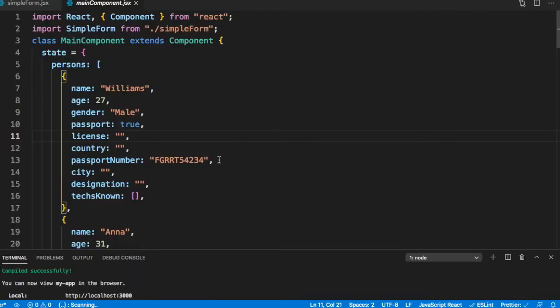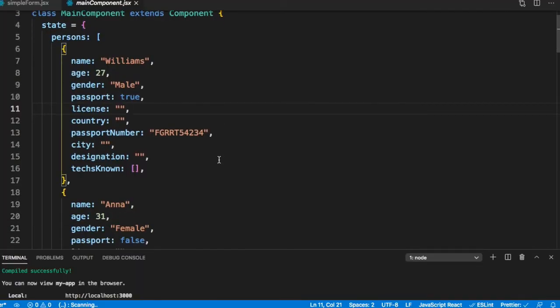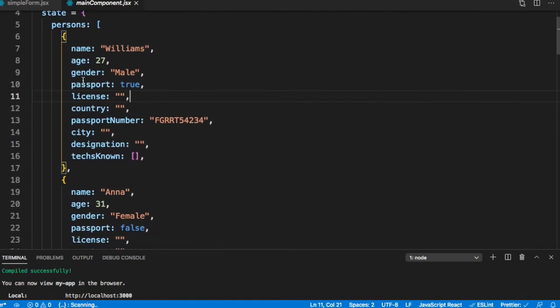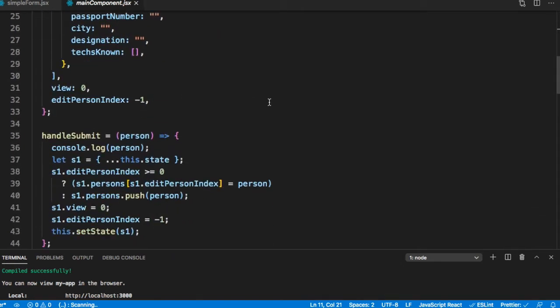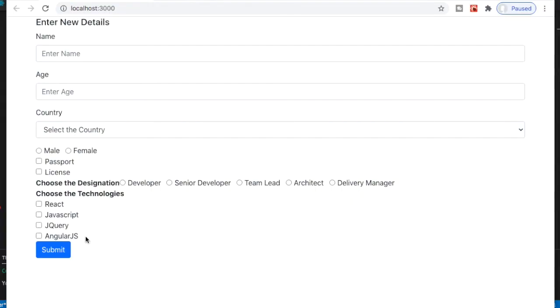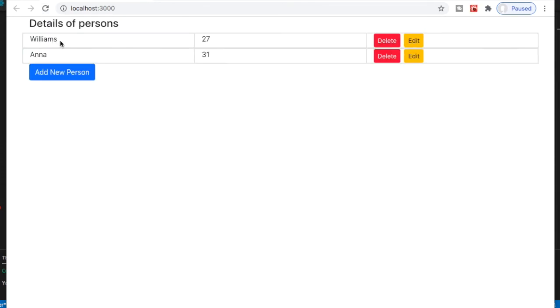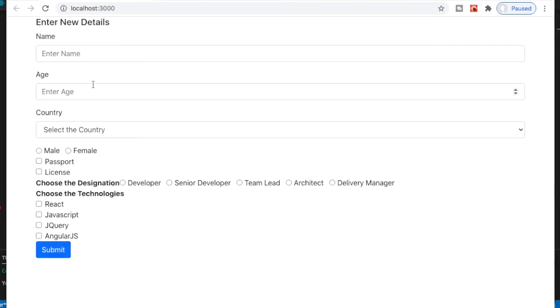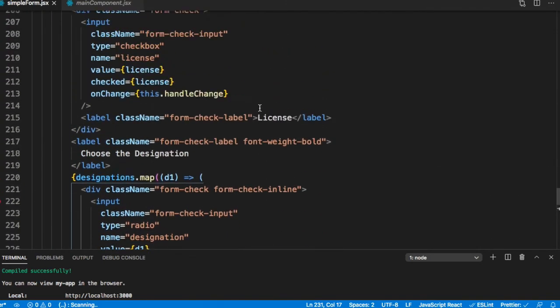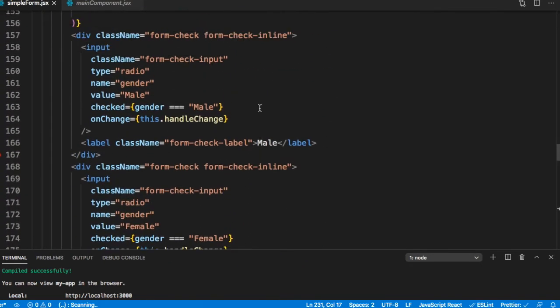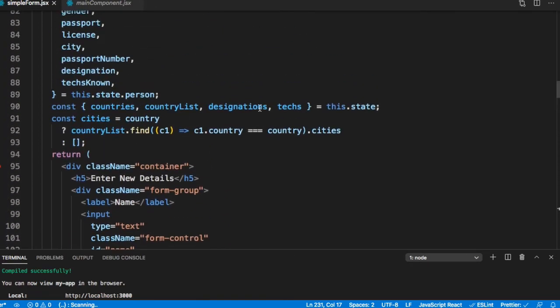So this is the main component that we had also created in the previous video, and the only change we have made is that we have just added persons with the fields that we have put in. So we have just added a couple of persons, rest it's exactly the same code. If I go ahead and run it, we get the two persons, but right now the edit is not working. Why is edit not working? Because we have not linked it in simple form. This is working without props. So let's now do those changes, handle it with props.